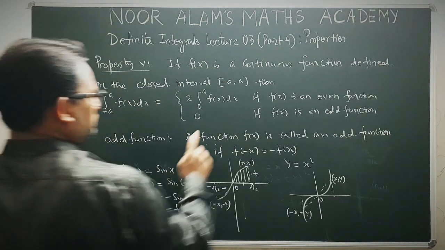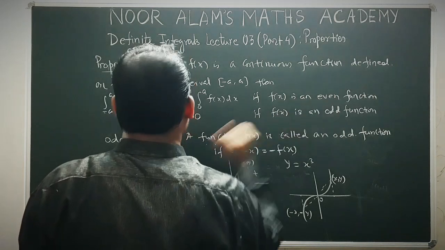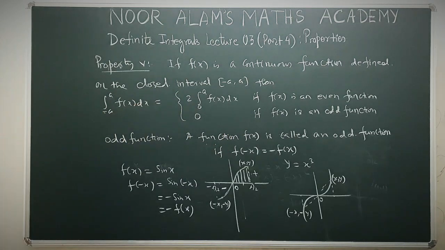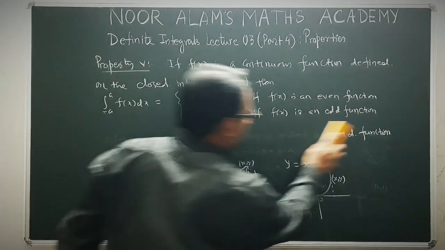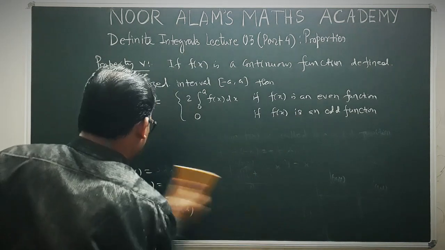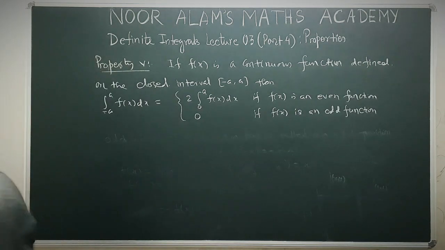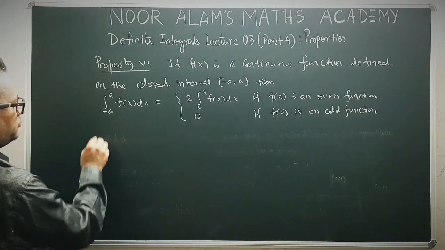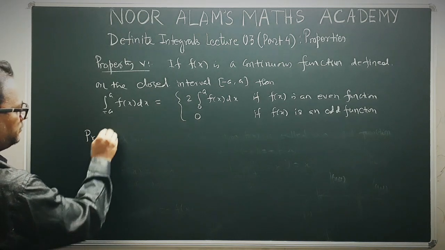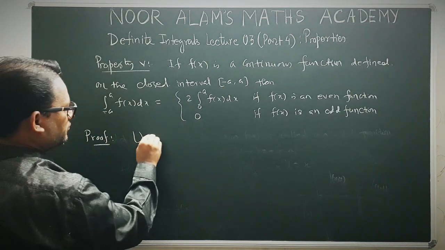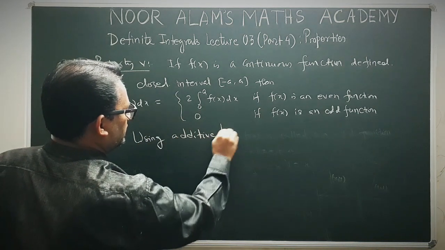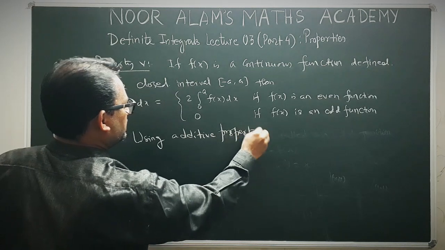Now I have told you what even and odd functions are. Now I am going to prove this property. So how do we prove it? You know the property we have studied, called the additive property, which is property number 3 that I have already discussed. Using that property we can prove it. So, using the additive property, we see that